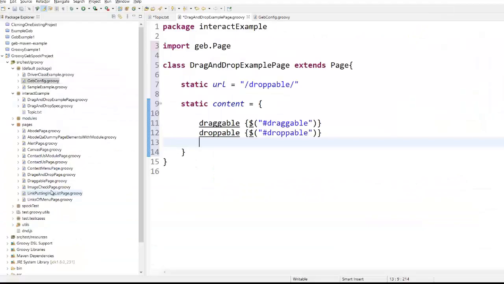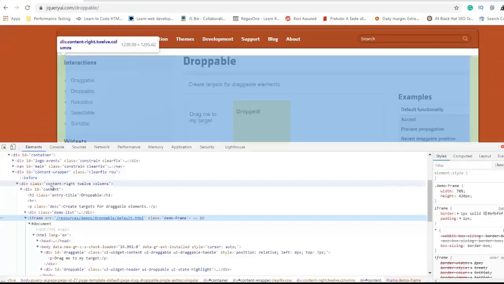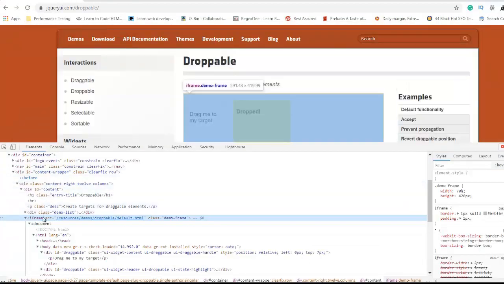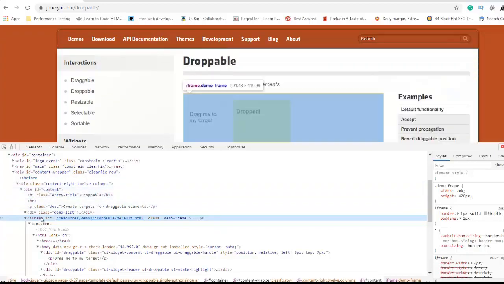So let's write one navigator here, iframe element, and here again we are going to write dollar, and here we are going to write dollar content, and then since we have this parent and we need to navigate to this iframe, we will write has content and after one space we are going to write iframe.